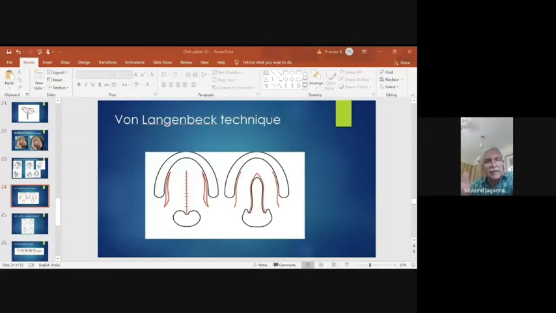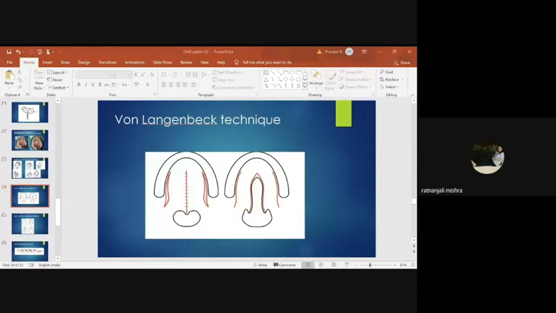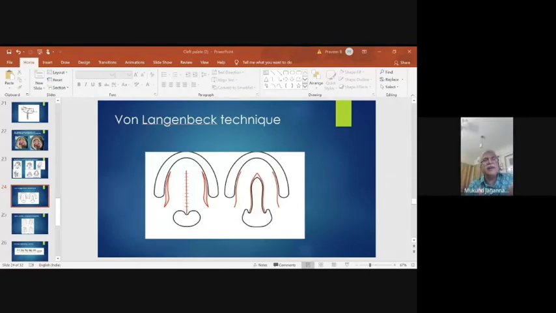Good guess. The space of Ernst is immediately medial to the medial pterygoid plate, where the nasal mucosa, this is the nasal mucosa, this is the cleft palate, now turns to form the nasopharyngeal mucosa. Are you understanding my point? Yes, sir. This is the free edge of the nasal mucosa in the cleft. The medial pterygoid plate is here, so just medial to that is the space of Ernst. If you go into the space of Ernst, you are on bone, and now dissect the nasal mucosa inward, freeing it from the nasopharyngeal part. Now you will find that the nasal mucosa moves substantially.